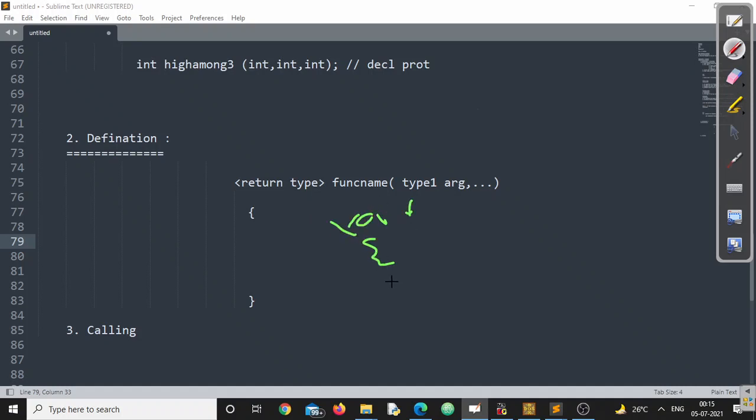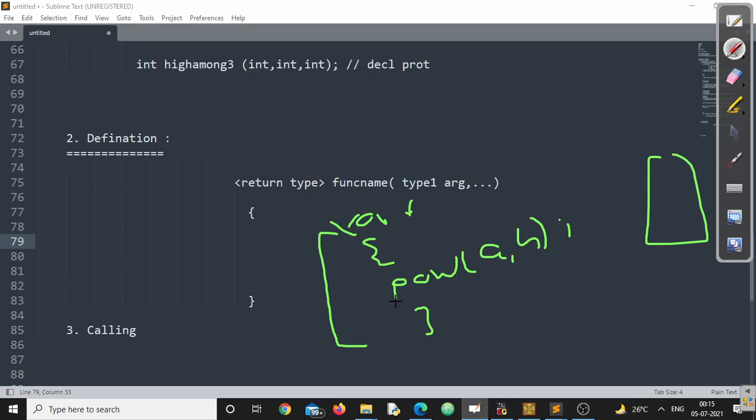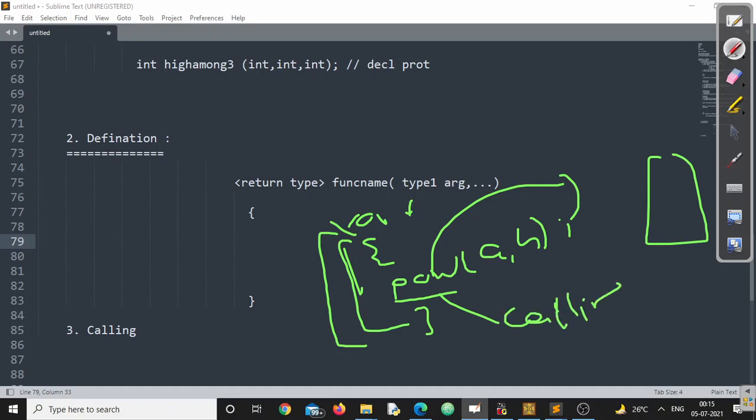In void main, I am calling a function called power function. I hope you know this function, power(a, b), right? And here the power function is defined. Now main function is the calling function.